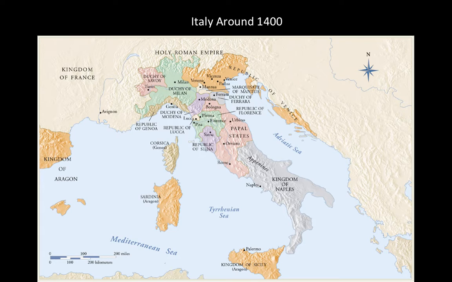Now let's go further south. Let's go to Italy. We were in France. Italy around 1400. Here we have a breakup of different kingdoms that it was broken into. So keep in mind that today we think of the country of Italy as being fairly united, but during this time period, each one of these different regions would have been, except for the language, very culturally different one from the other.